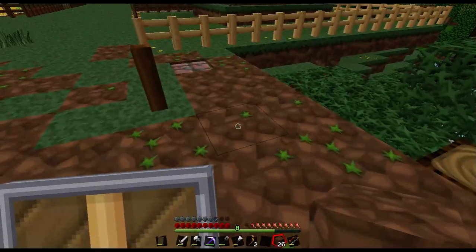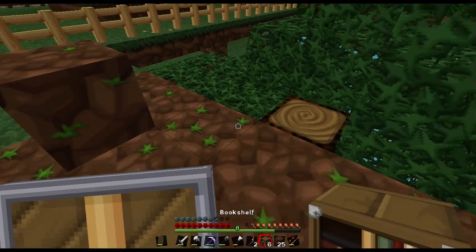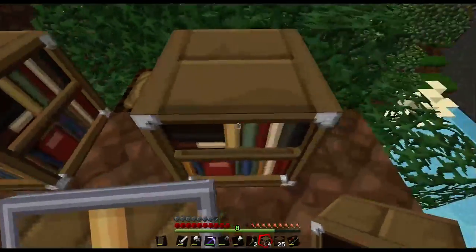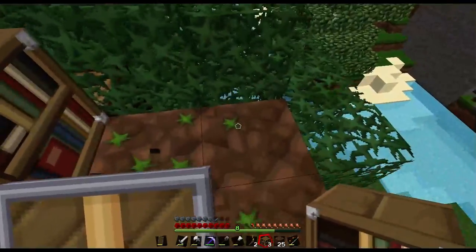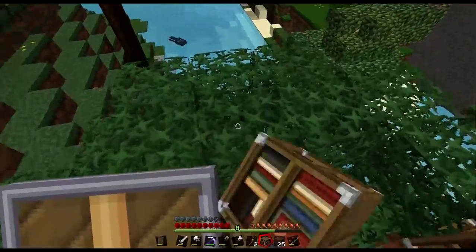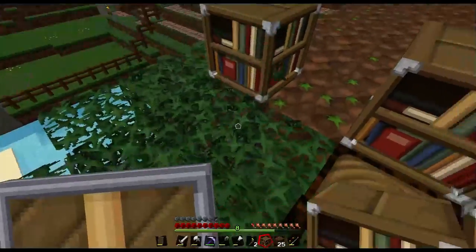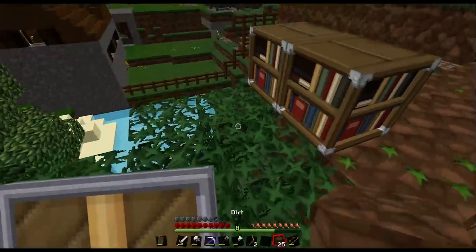Right, so we're going to have space of 1, and then we can start putting down our books. So we're going to have that one there. That's going to be the entrance. Is that going to be the entrance? No, that's going to be coming out there, and that will split. And then that one will go in there, and then that one goes there. So obviously this is going to be an ongoing